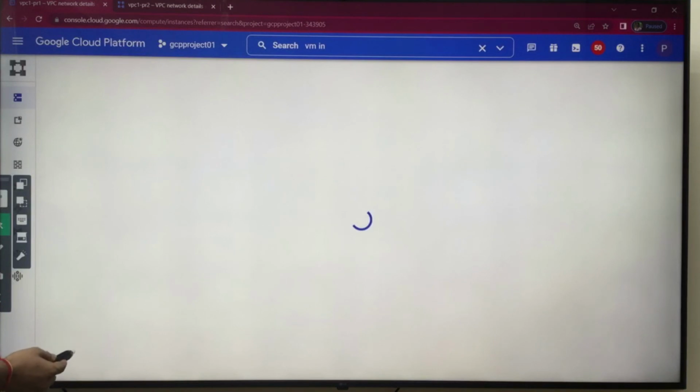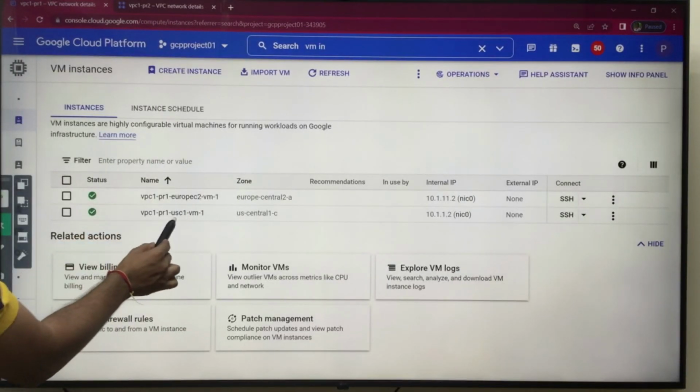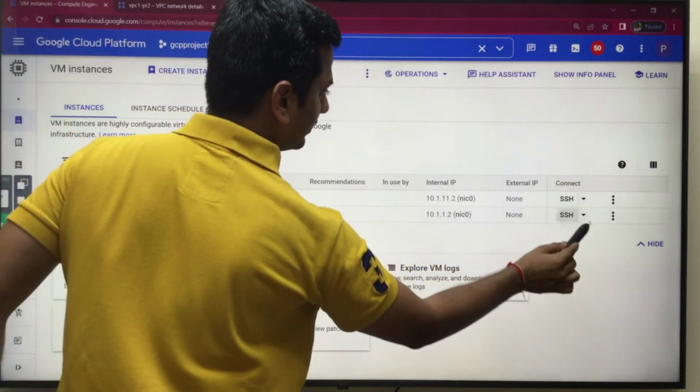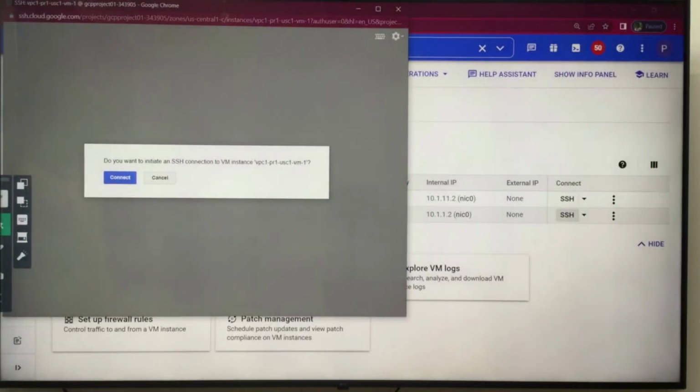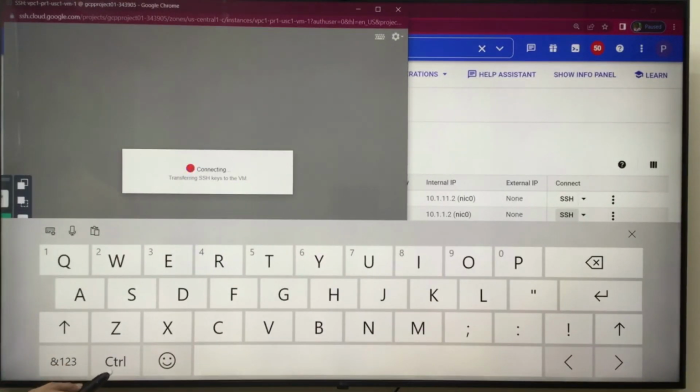Under VM instances, SSH. Which one? The US Central one. SSH the device. Just wait for a minute. Connect. It will take time to connect.